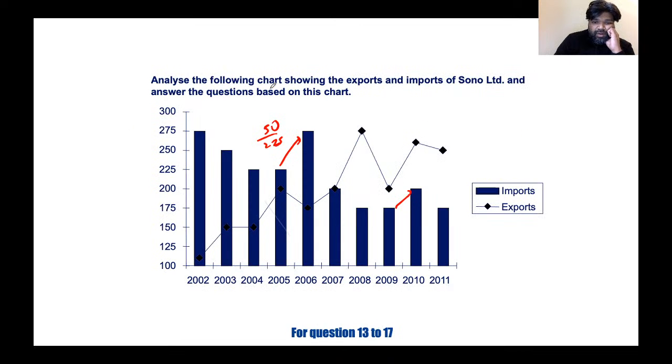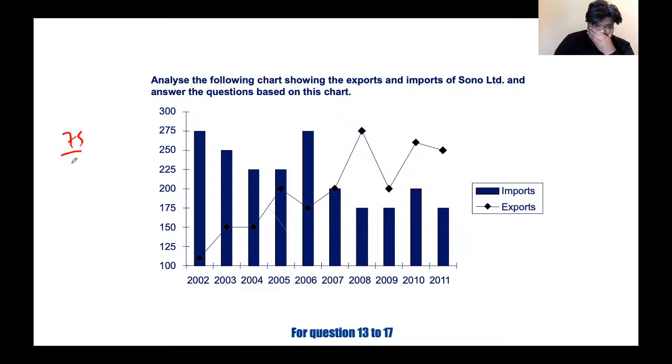Now they ask what is the approximate percentage point difference between the maximum annual percentage increase in exports and the maximum annual percentage decrease in imports. We have to find the maximum of the increase in exports and the decrease in imports. This is the maximum percentage increase in exports, it should be around this. And the maximum percentage decrease in imports should be this,